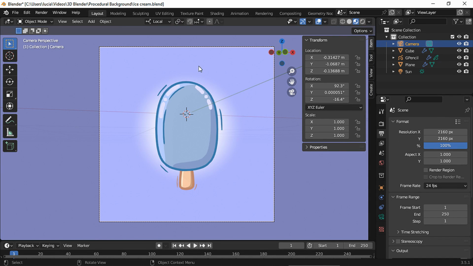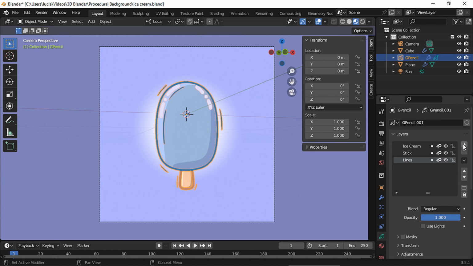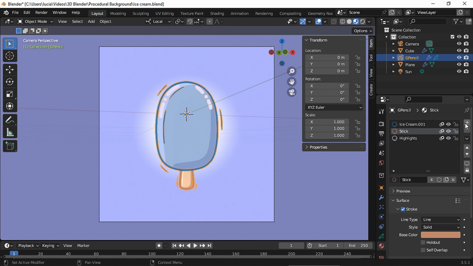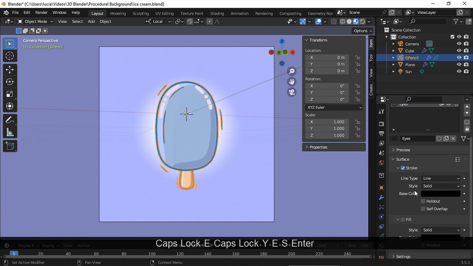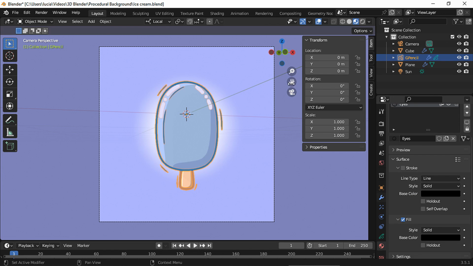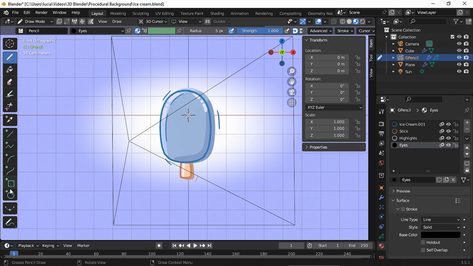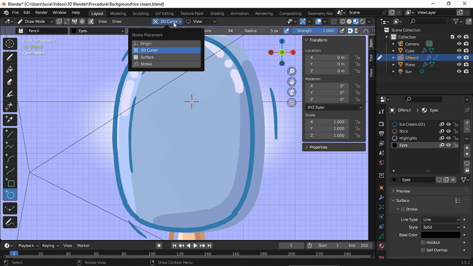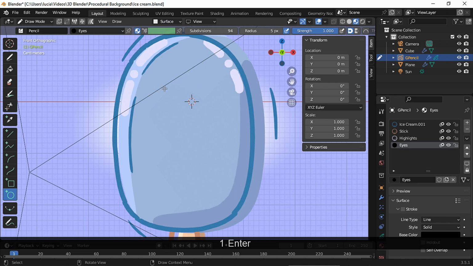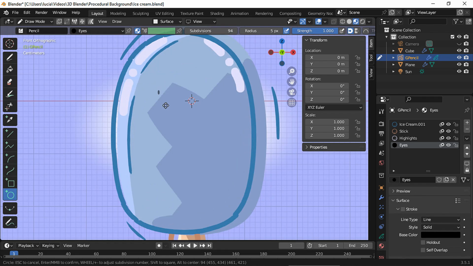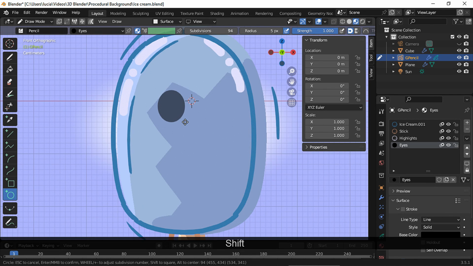Back to the layout workspace, let's draw the face features. Add a new layer. Move it up. And make a new fill material for the eyes. Go to the -Y viewpoint and go to Draw Mode. I will use the Circle tool. Since I set my stroke placement to surface, I had to hide my camera because the first time I drew the eyes, the stroke stuck to the camera, so let's avoid that. Make a circle, you can press Shift to make a perfect one.